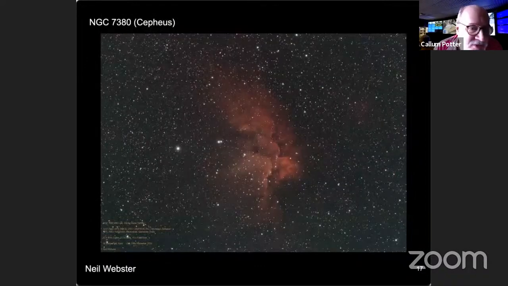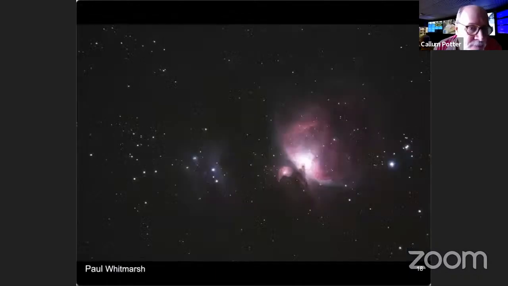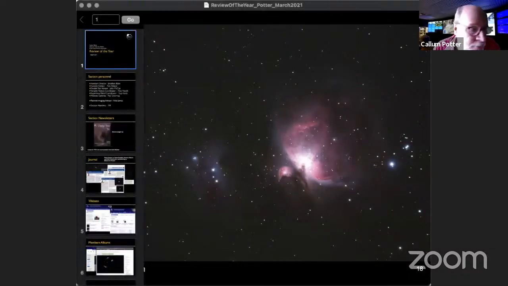And Neil Webster has also been continuing to produce lots of nice images. Many of these are available on the members pages. Some of these have just been sent direct to me. And Paul Whitmarsh has used one of the nice new William Optics RedCat telescopes to get this nice wide field view.